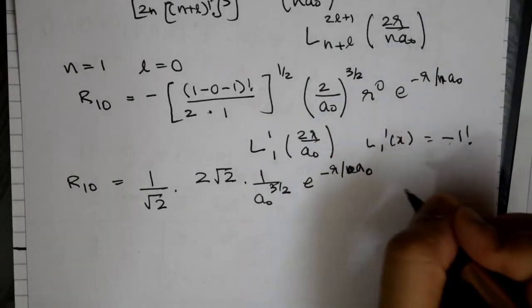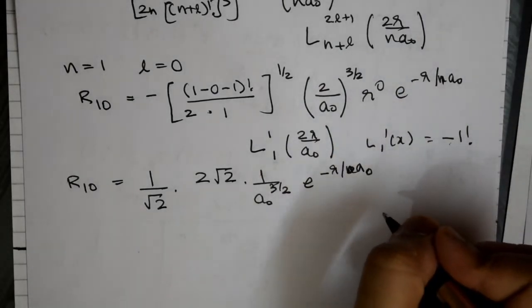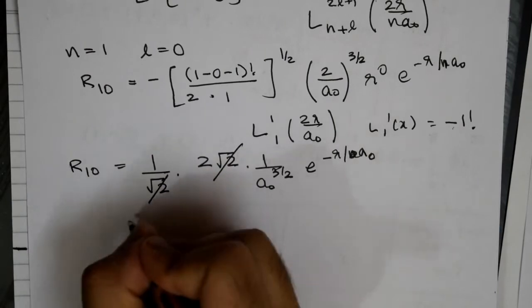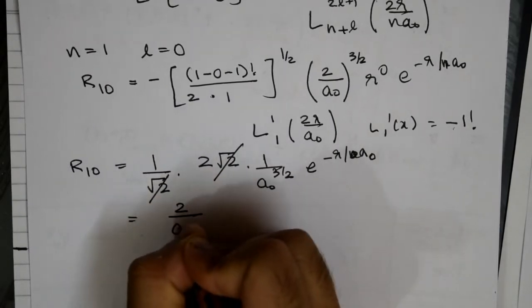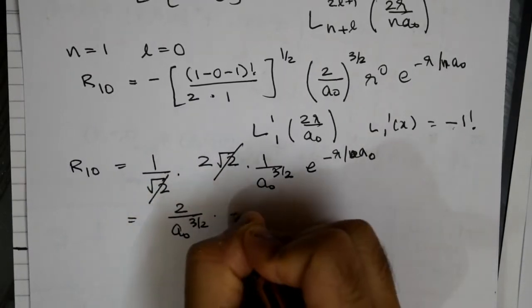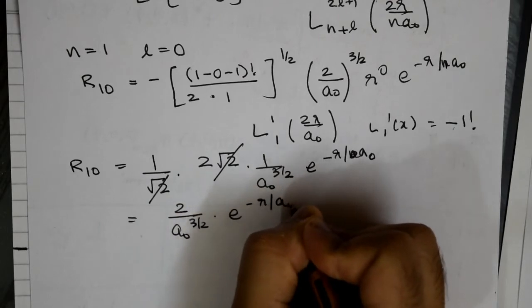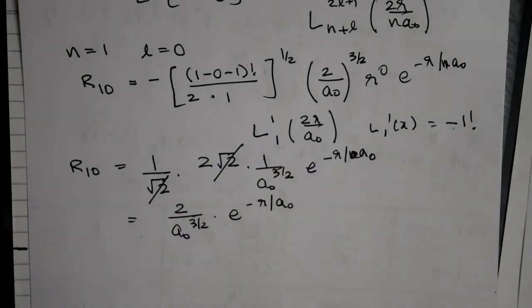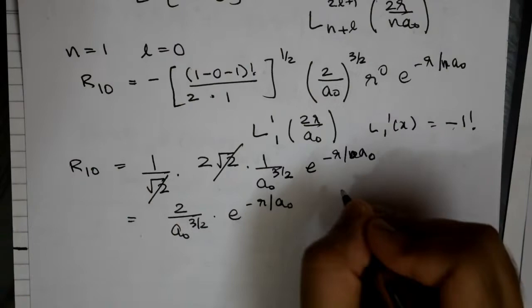Okay, so this is the function that ends up coming. When you simplify this, it ends up becoming 2 by a naught power 3 by 2 e power minus r by a naught, where this a naught is